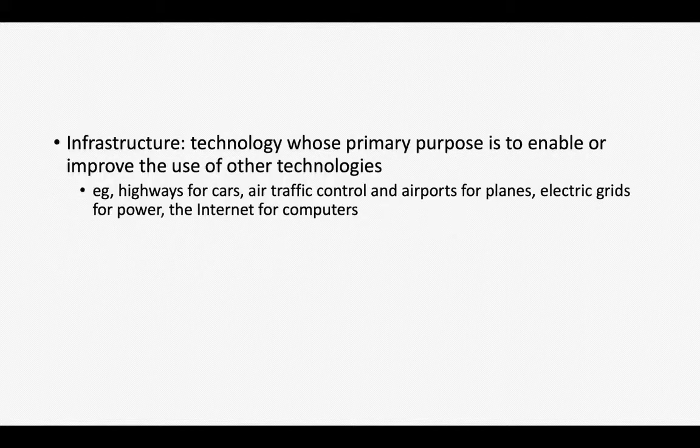To go back, we should define infrastructure as a technology whose primary purpose is to enable or improve the use of other technologies. And this is not only a computing thing. You can think of the way the highway infrastructure improved the technology of the automobile, how air traffic control has improved the actual technology of airplanes. Same for electric grids and the internet for computers. And all of these technologies, and there are others, the telegraph, the railroad, telephone, electricity, as I mentioned, all have kind of this pattern